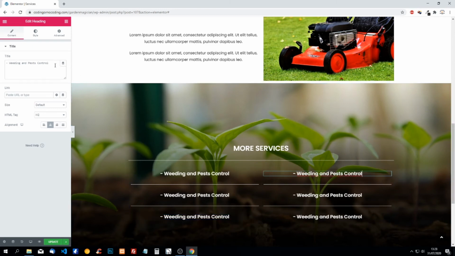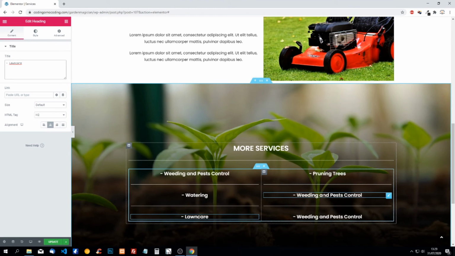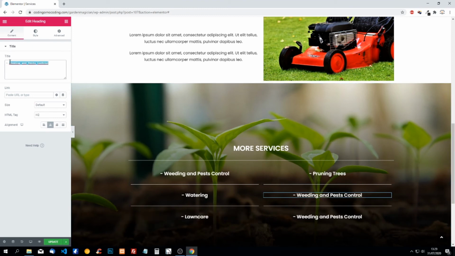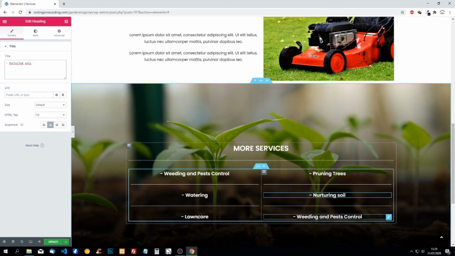The next one will be pruning trees. This one will be watering, and this one will be lawn care. And this one will be nurturing soil, giving the right minerals. And the last one will be what we could do yet, maybe indoor gardens,